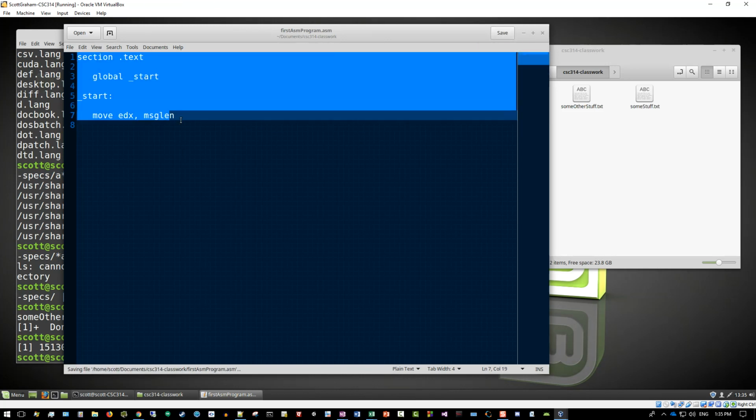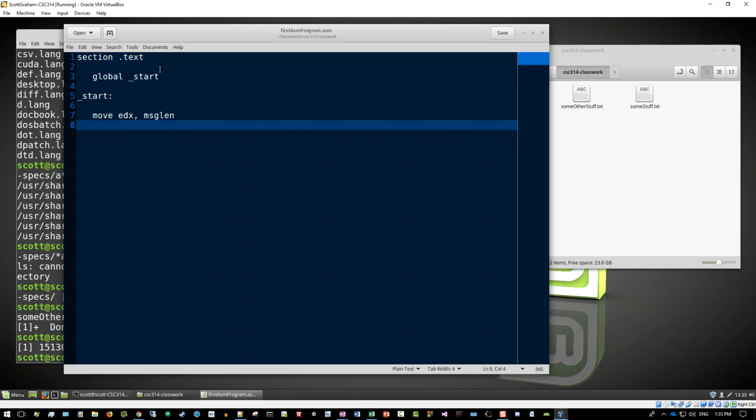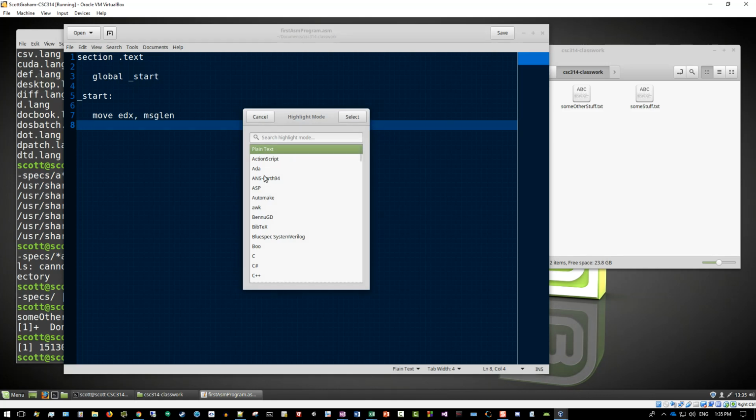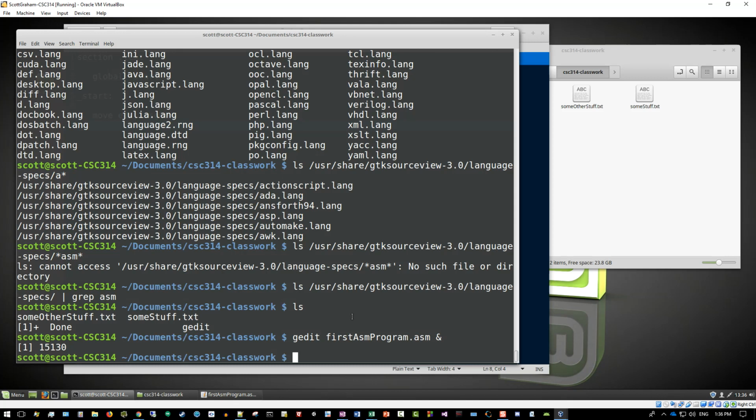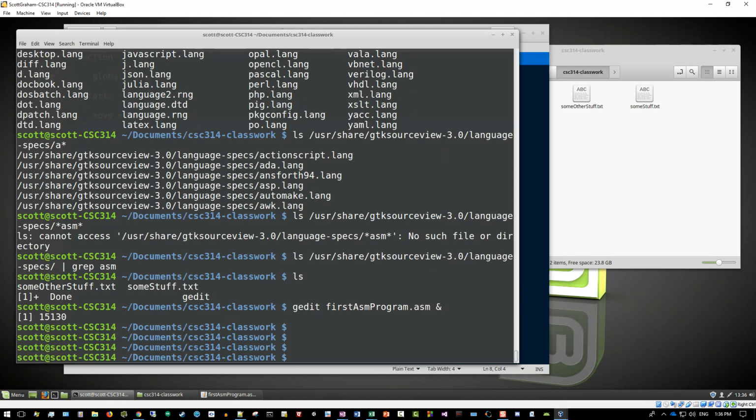Now, right now, I don't have syntax highlighting for assembly language. If we go into the View menu here, Highlight Mode, you'll notice it has C, it has almost every language you've ever heard of, but it doesn't by default bring in an assembly language highlighter of any kind. So I'm going to go ahead and get that. So let's come back over to the terminal window, and we need to download a file with a command called wget, which is the easy way to do this. And I need to go where I have that command